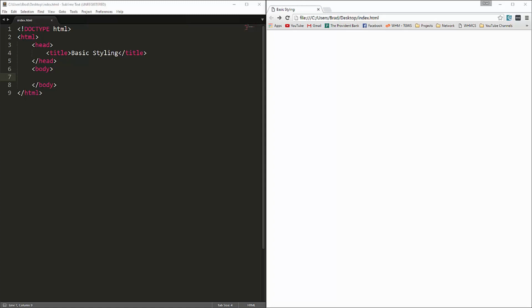Alright, so as I've said before, we're going to have a section dedicated to CSS, CSS3, but I do want to get into just a little bit of basic styling just so you know how to do things like add a background color or a border or align something, float it, just very simple things like that. So let's go ahead and go into our body here, and I'm going to create a div with an ID